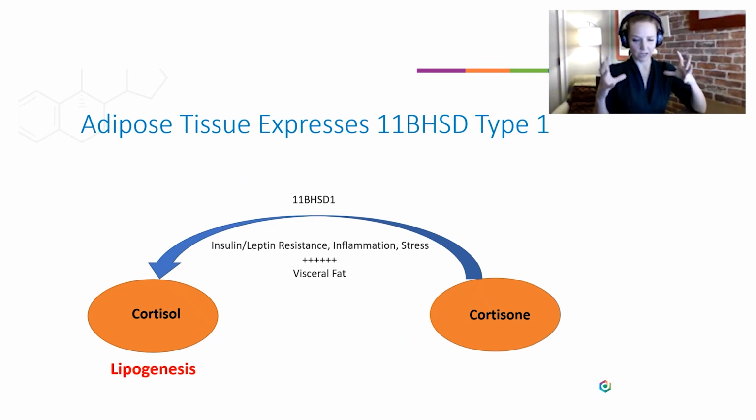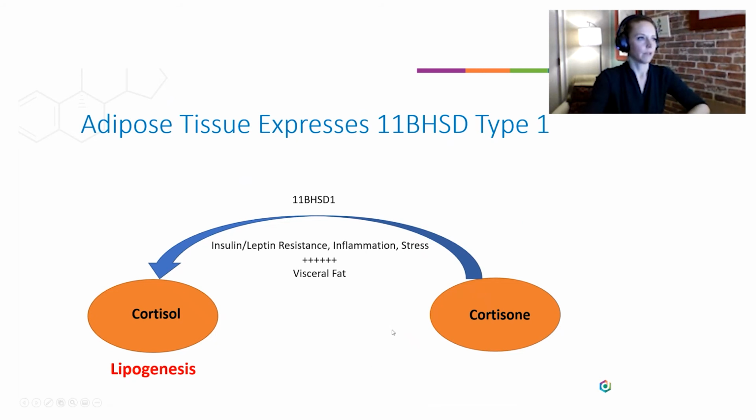Like the holy trinity of functional medicine is inflammation, stress, and insulin. It's what we're always treating, I feel like, is this enzyme in a way, or the inputs into this enzyme. This enzyme reactivates cortisone, inactivated cortisone. It's quiet, it's minding its own business, and it turns it back into active cortisol. And when it does that in the adipose tissue, it stimulates lipogenesis, adipocyte proliferation. And this happens in the visceral fat in particular, visceral fat, liver fat, omental fat, central fat,